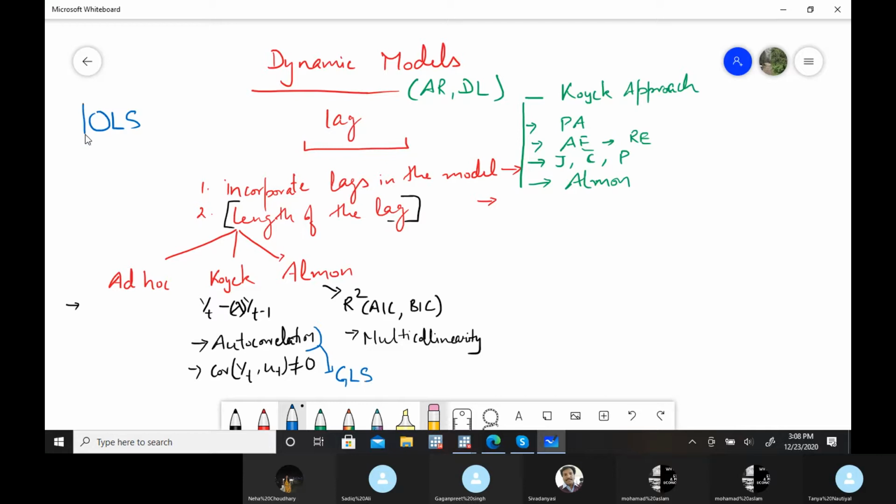But more or less in all these cases we are using only one methodology, ordinary least squares. So far we are only dealing with simple dynamic models like autoregressive and distributed lag models, but these are not the only models.